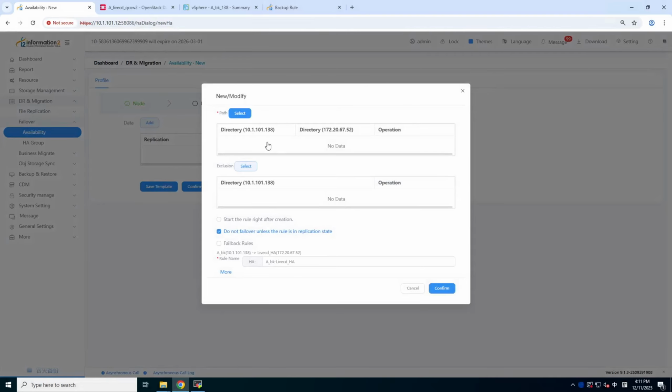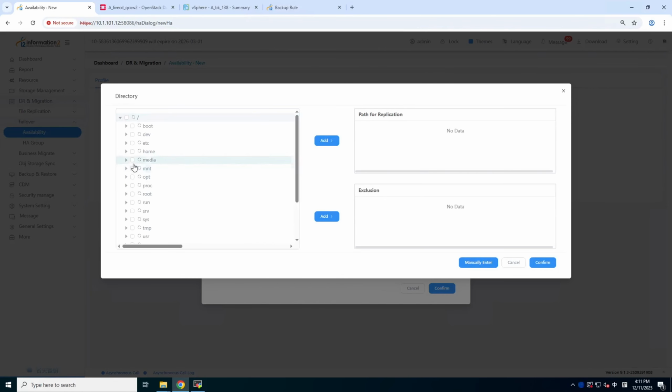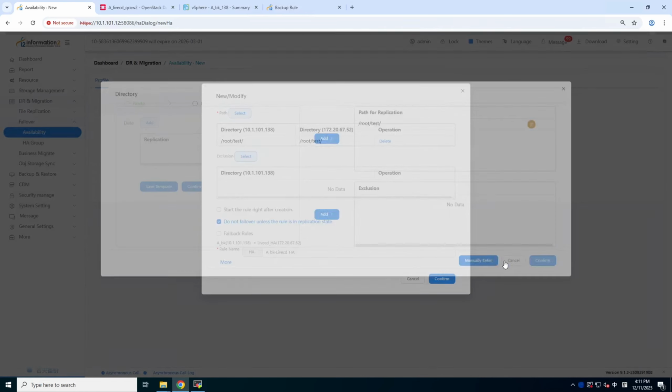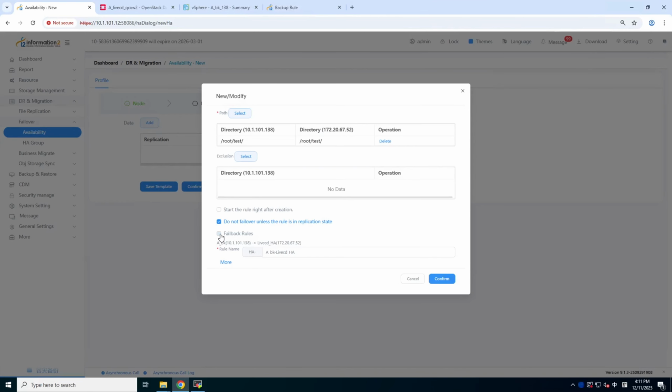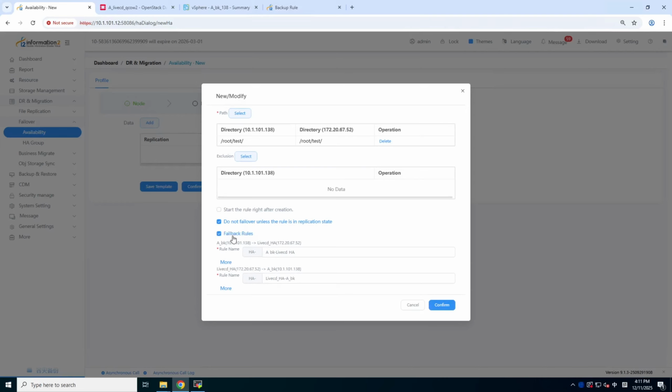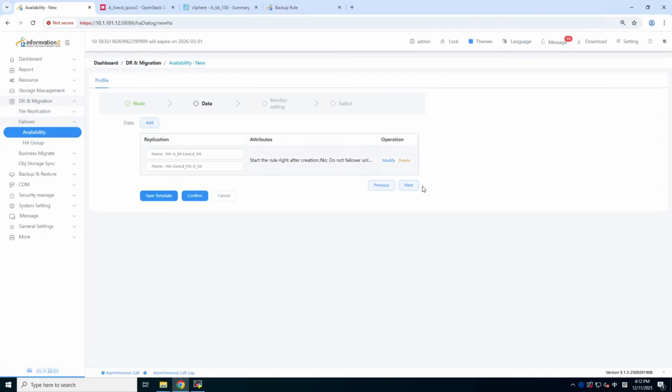Okay, and the path I need to select. I already created a test path init. And we can enable the file back rules. That means the rule can be from the primary server to the target server, and also it can be from the target server to the primary server. Okay, confirm. And next,